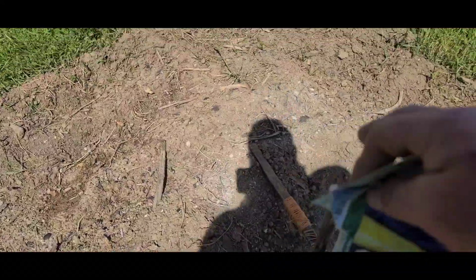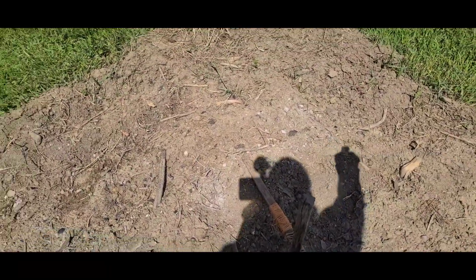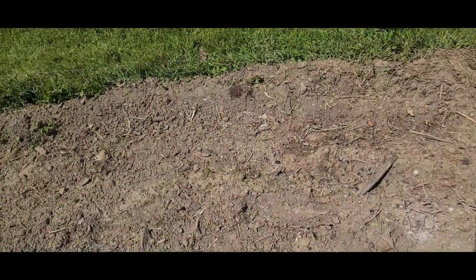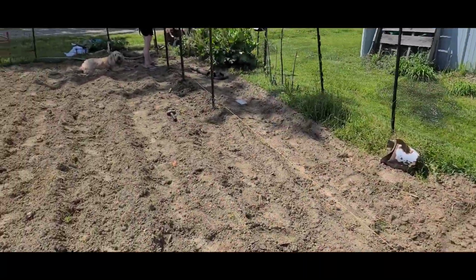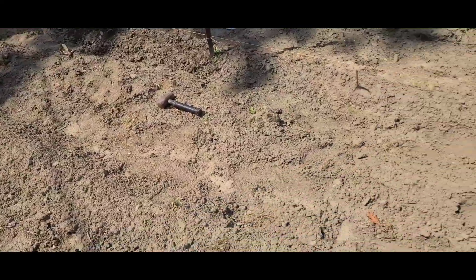But this is our old compost pile right here, this circle, and it tilled up real nice. I'm just gonna plant the celery right here. They like this rich soil, and then that'll keep our celery, carrots, kale, and then this will be Trichia jalapenos and sugar snaps there. And then the second row we're going to go into our